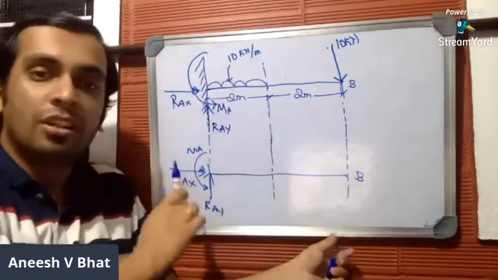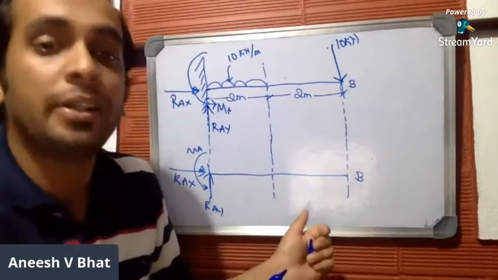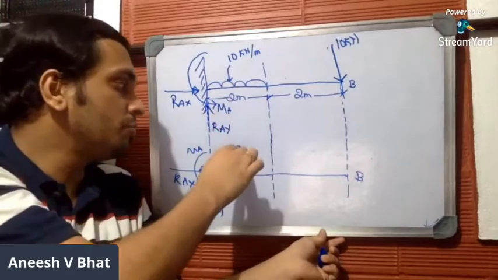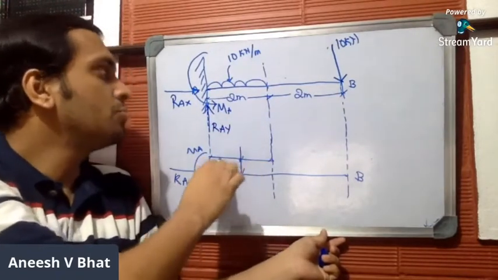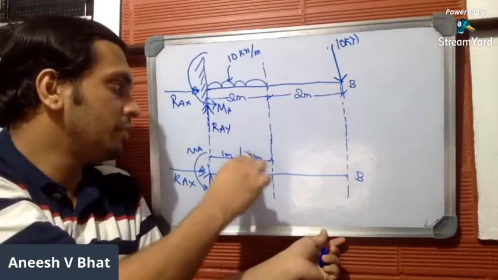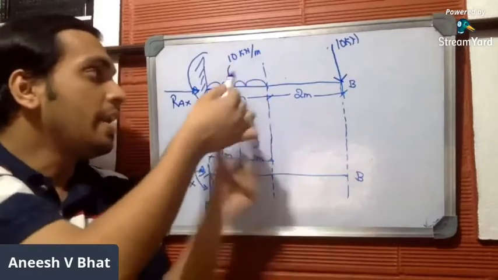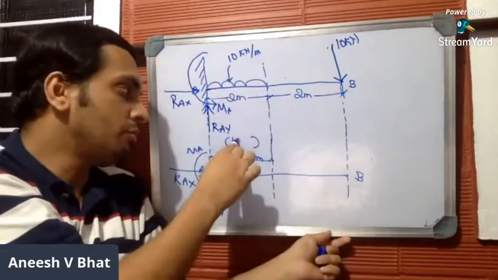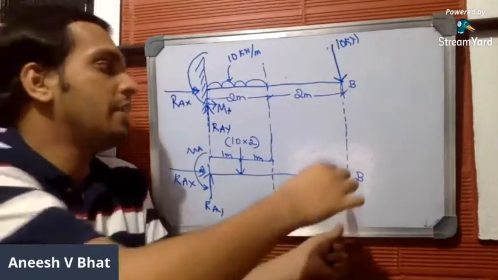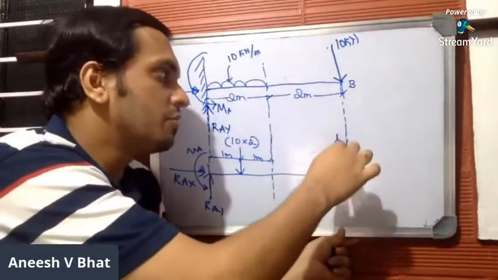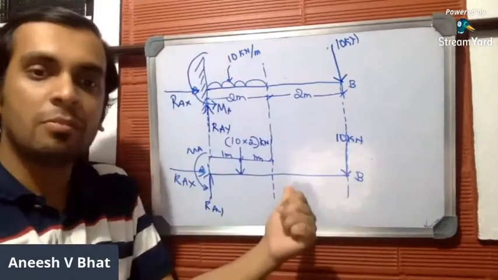So this is a uniformly distributed load. You have to convert the uniformly distributed load into its point load. This is how you convert. The point load you get from the uniformly distributed load will act exactly at the center of the span. So this will be 1 meter and this will be 1 meter. The magnitude of the point load will be w, the rate of load distribution, which is 10 here, into the span length, which is 2. So 10 into 2. This is the point load converted from the UDL. And you have another point load which is vertically downwards. So this is all about the point load diagram.